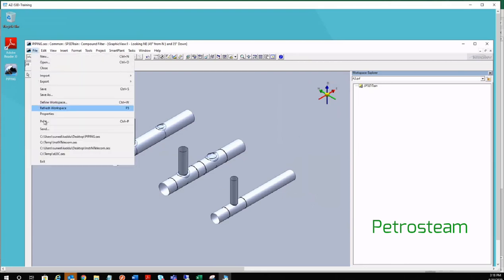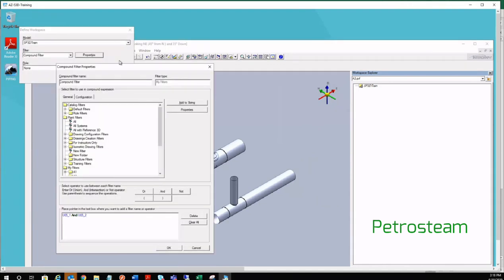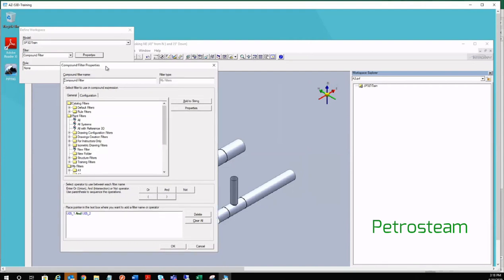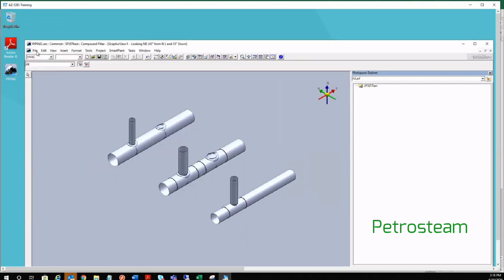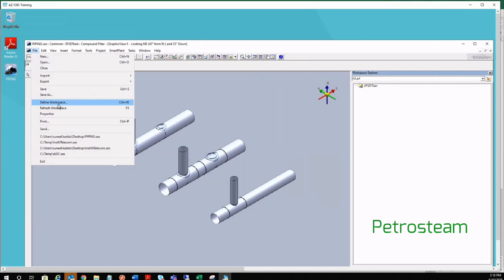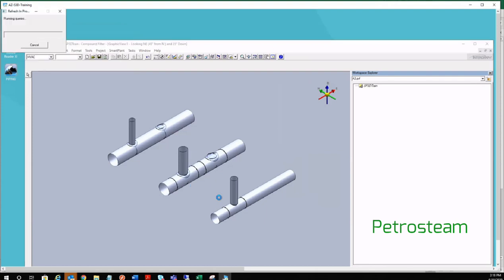So there are many other operators available in the compound filter, and you can experiment if you want to use these other operators. Mostly you will not be using this filter, but you have to combine the operators and then use the filters for your requirement, if any. So we have gone through this define workspace option till now. Next, we will go to refresh workspace. Right now, instead of the compound filter, I will define with my unit 05 again.